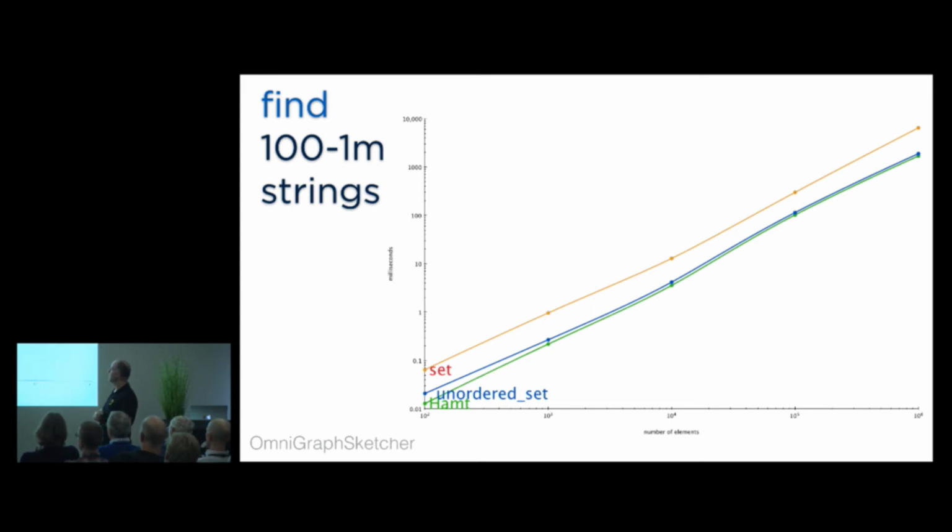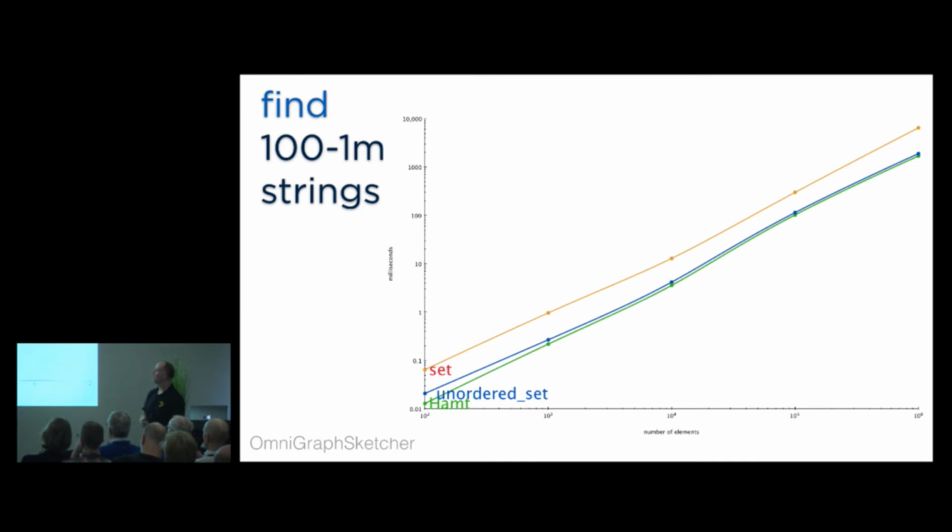And here you'll see, well, the orange line at the top is set again, but the blue line in the middle is unordered set. At the bottom, the winner on this particular test is hash tree. And that was a little bit surprising. We're actually beating unordered set in this example. That's a specific case, and we're comparing against a specific implementation, so there can be quality of implementation issues. So I fully expect another implementation of unordered set to beat hash tree, but I think this is good enough to show that, at least in this case, we can be in the ballpark for my claim. A few asterisks remain, but this is really promising.